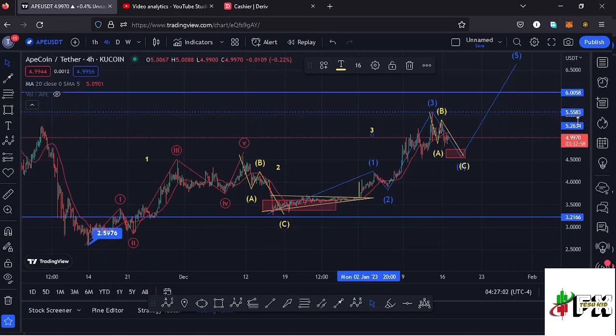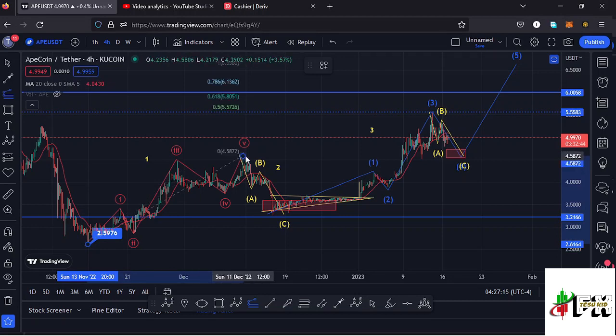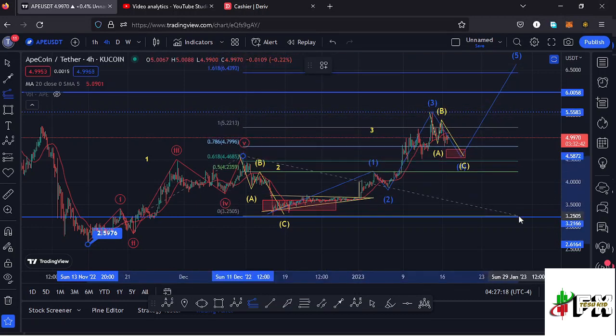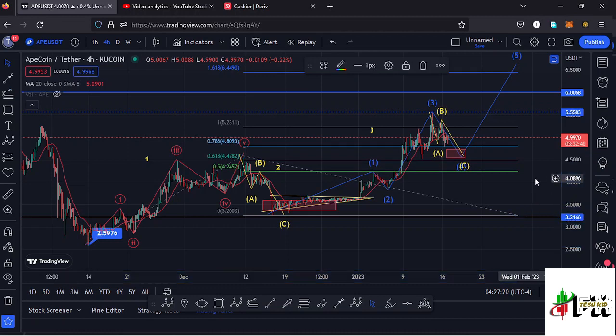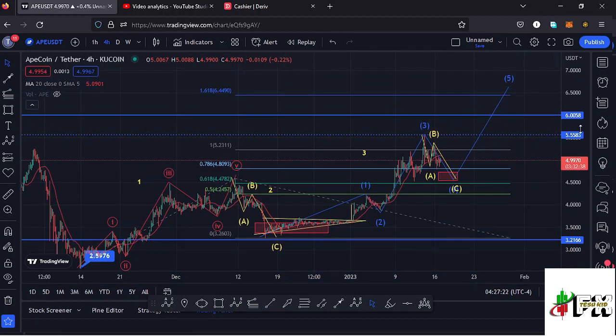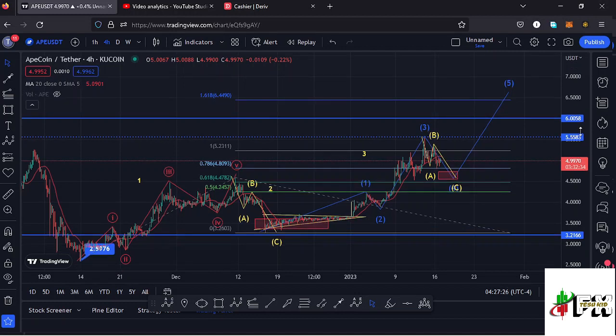And before I get into the details of the formation of that wave 3, I can first sketch out a minimum target area to the upside in the formation of this wave 3 using a trend-based Fibonacci, connecting them from the low of the first wave to the high of that wave 1, then drag the fibs to the low of the second wave, and that gives me a minimum target area at the fib level 1.618, which perfectly lies at around the $6.449 mark, and that is the minimum that I'm expecting this higher Elliott wave count 3